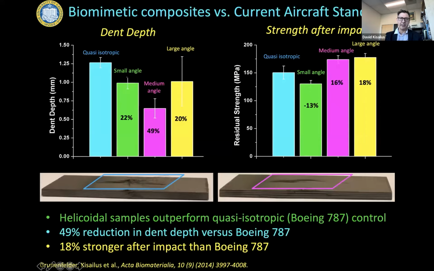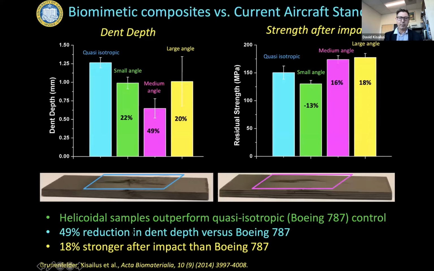We made 3 mimics, a small angle rotation, a medium angle, and a large angle, but all 3 showed significant reduction in damage, which means that we could actually take the same material, reduce the thickness, for example, with this medium angle, reduce it by half, which means half the weight, half the fuel used, but have the same type of strength and toughness. So this is very important.